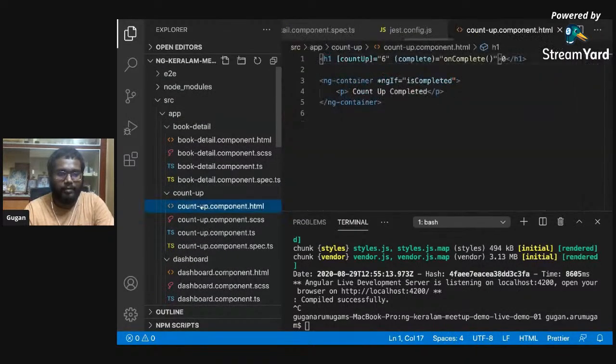So this is my counter library component. It takes an input, like how you pass in up to 6 values, it counts, and then it stops completely like that. Okay, so I'm just showing this example only for the purpose of explaining how your transform ignore patterns work,